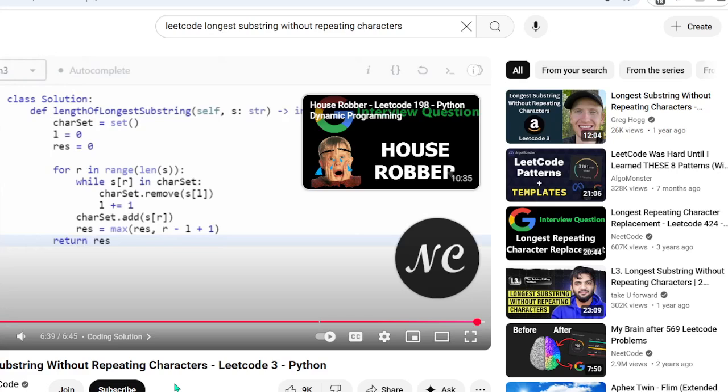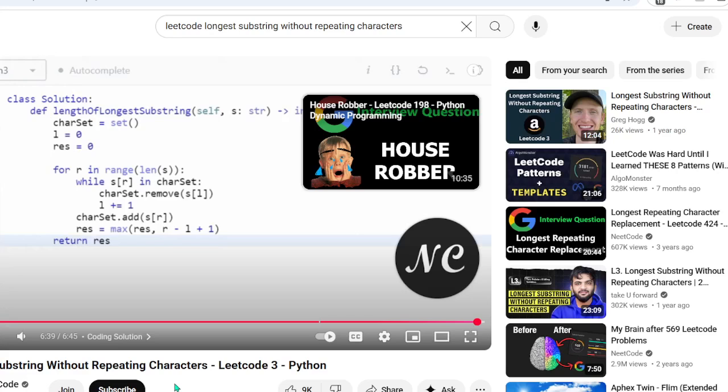Okay, so now R is pointing to the second B. Then, while S of R is in char set, charset.remove S of L, and then L plus equals 1.